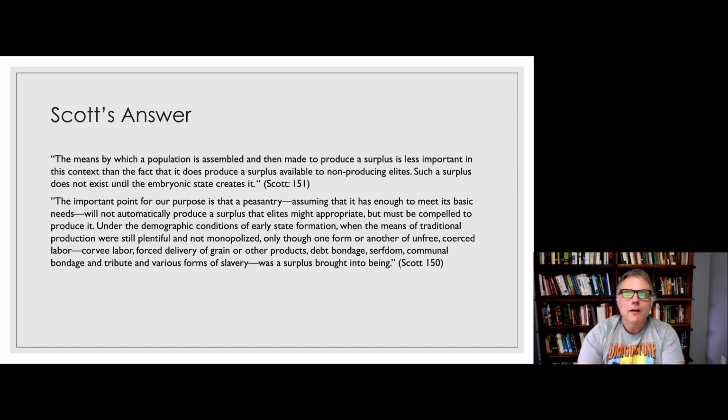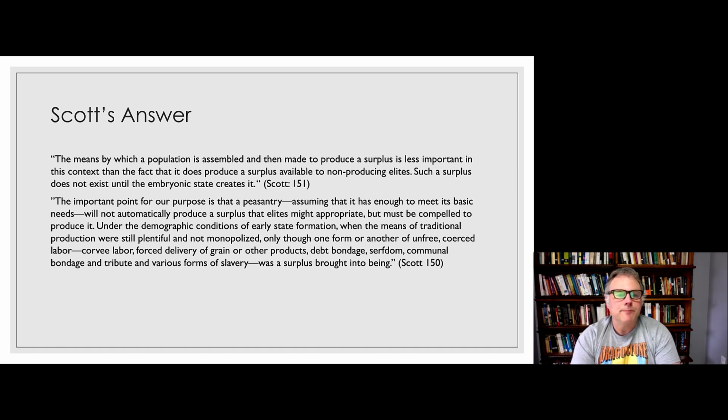Okay, now, what is Scott's answer to this question? I'm just going to go straight to his punchline, and I'm actually going to skip quite a bit of the really interesting marshaling of various bits of evidence for this answer. But I just want to go to the answer. I'm going to leave it for you to read the evidence and see how it supports this claim. But let me just read what I take to be some quotes that embody or